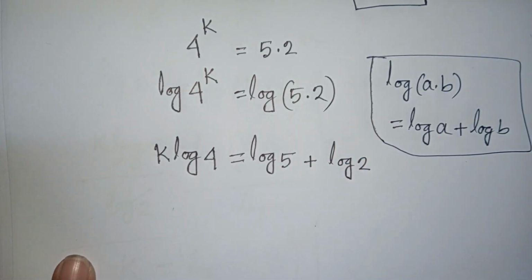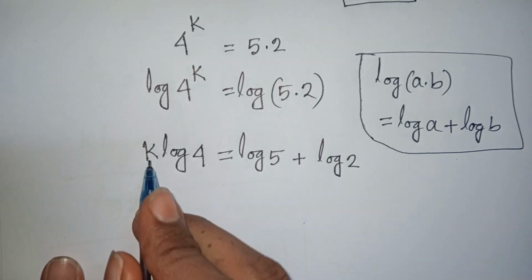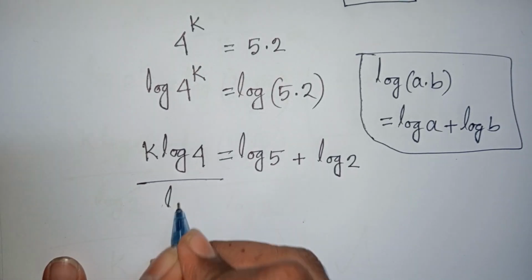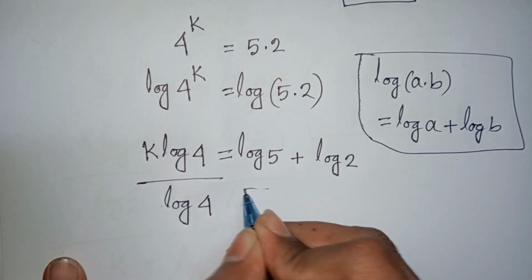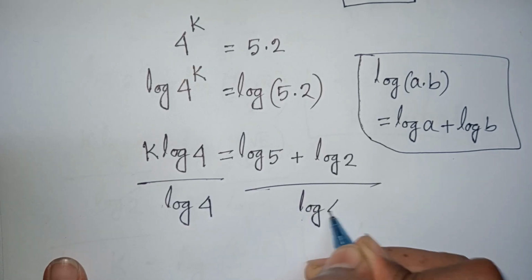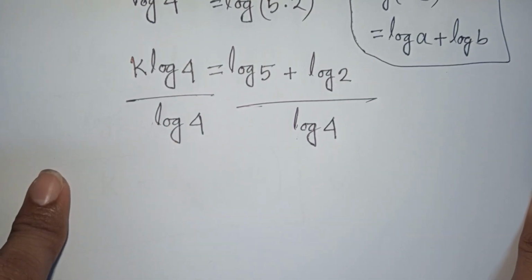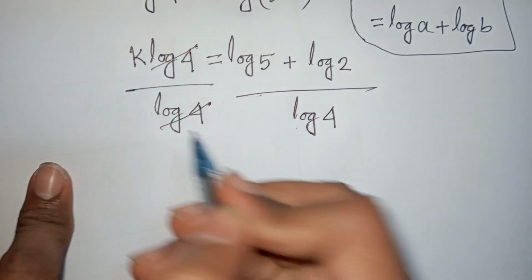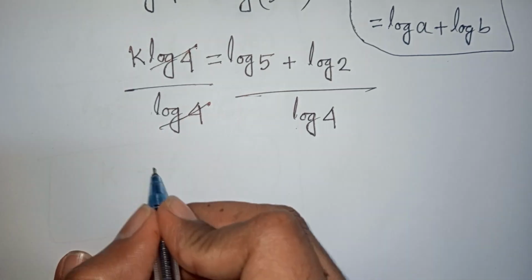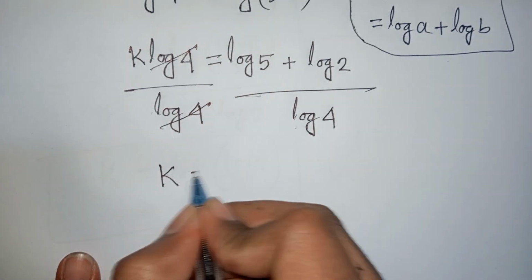Now we need the value of k, so we divide by log 4 on both sides. Now we see this log 4 will be cancelled, so we have k is equal to